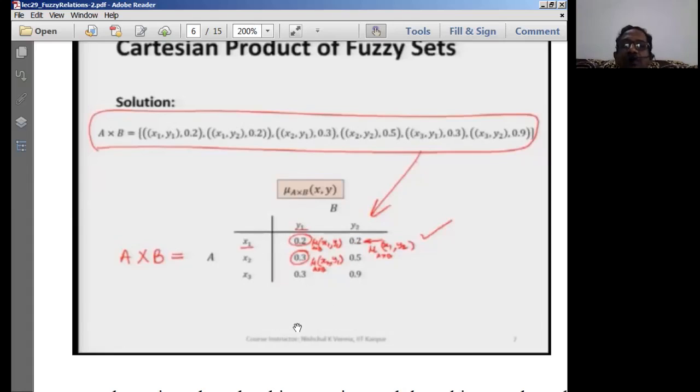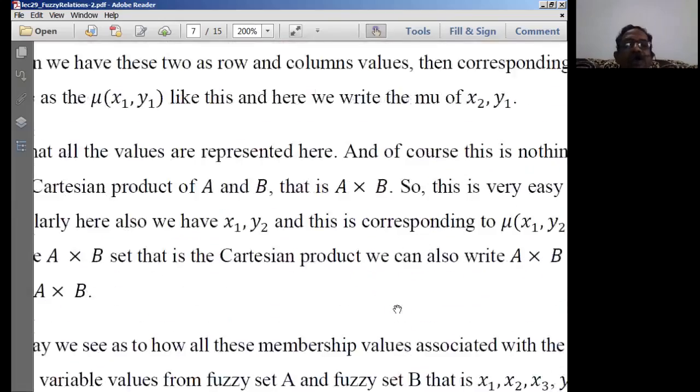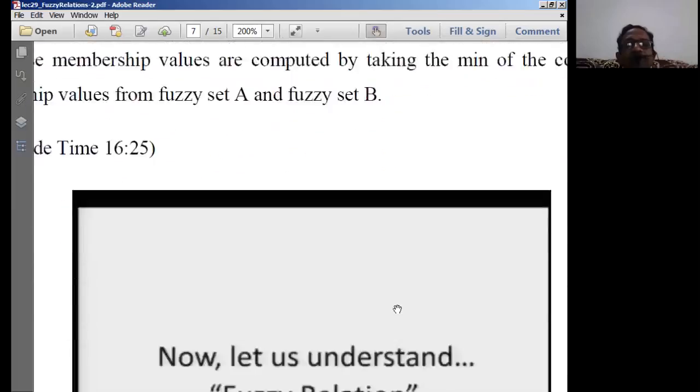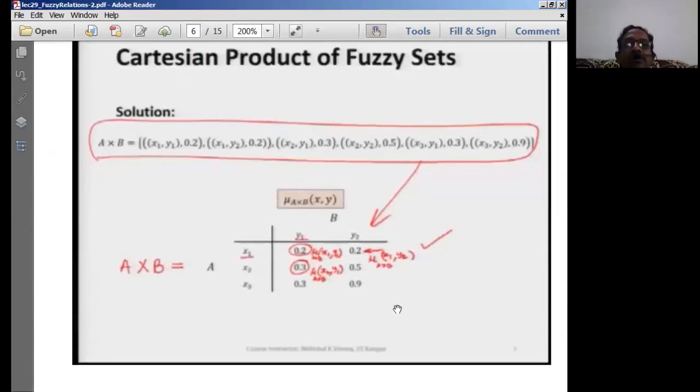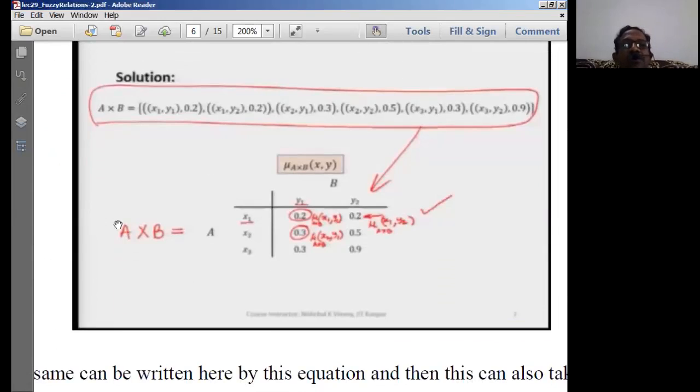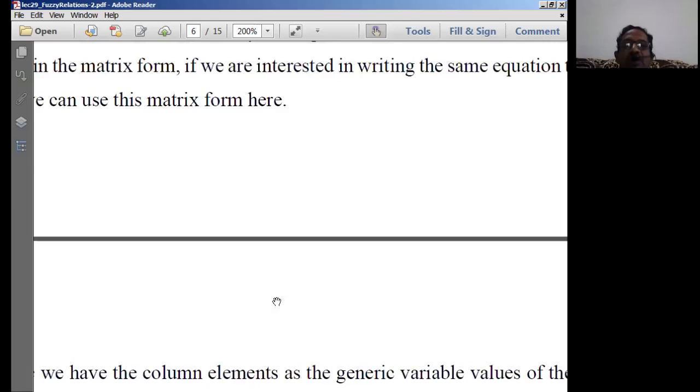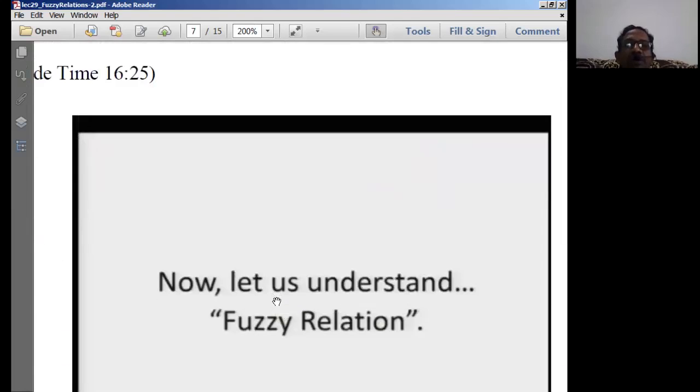So this is the degree of the belongingness between x1, x2, x3 and y1, y2. So this matrix is known as the relation matrix or relational matrix between A and B. So this is what the basic fuzzy set relationship that we can normally write, and this relationship can be called as mu A cross B of x comma y is the basic fuzzy set relationship that we can really take up here.